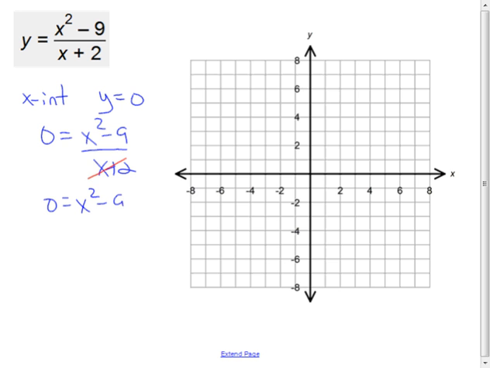And we notice something interesting here, that this is going to be x squared equals 9, right? So x equals plus or minus 3. Ooh, fun. So we've got two x-intercepts. Again, they're the values that when you plug them in for x, the whole fraction is going to be 0. Okay? So now when we go to the y-intercept,